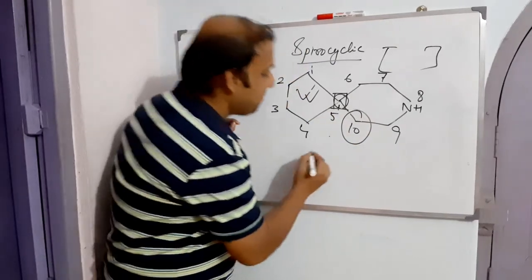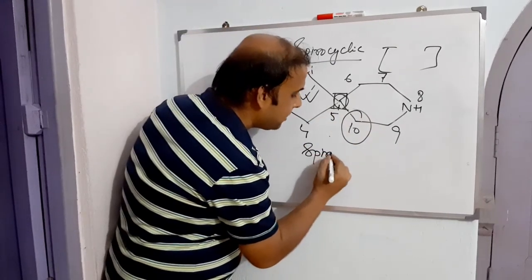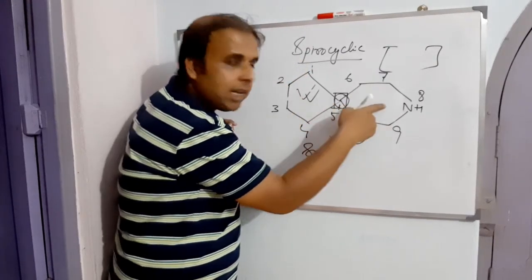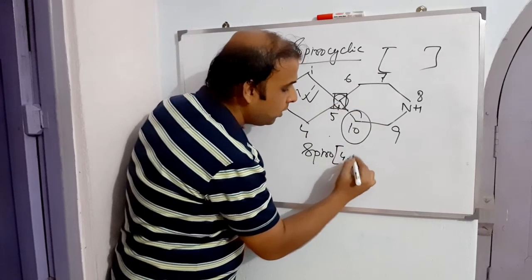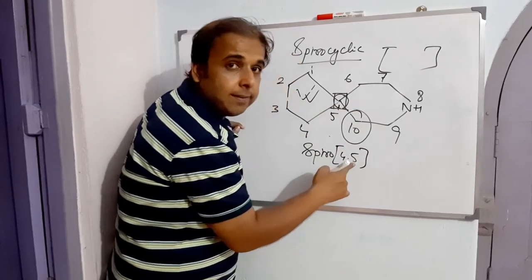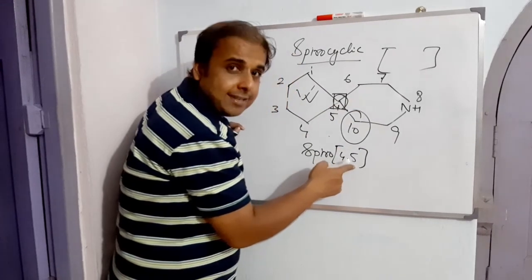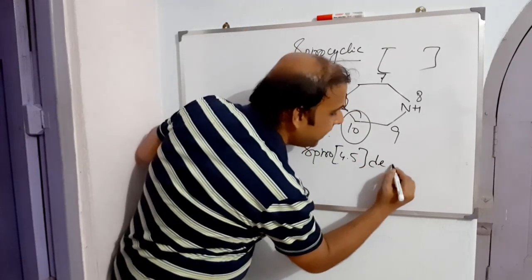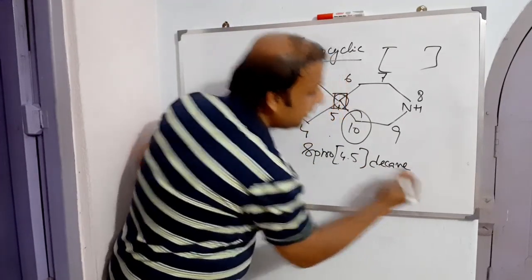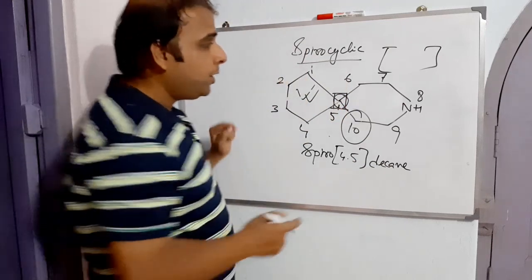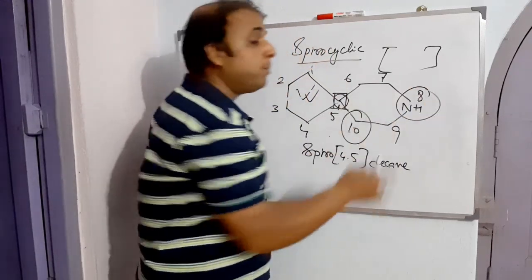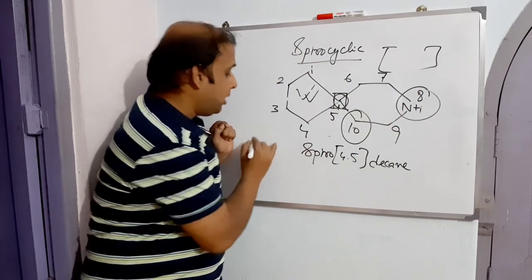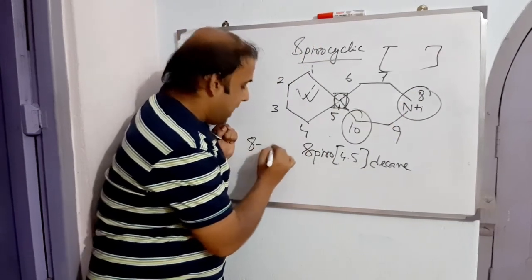And that is why it should be written spiro. How many are there? Here 4, here 5. So this is 4.5, small to big, lowest to highest, right? Why? Because spiro will guide us. Spirodecane, right? Spirodecane. And before that, what should be put? We have got the number and we have got the pattern. So at the very beginning you have to put 8 as a